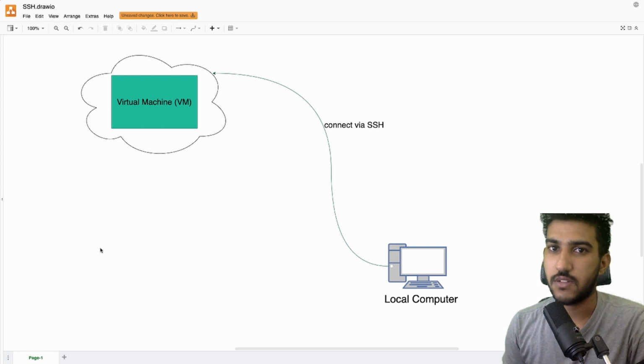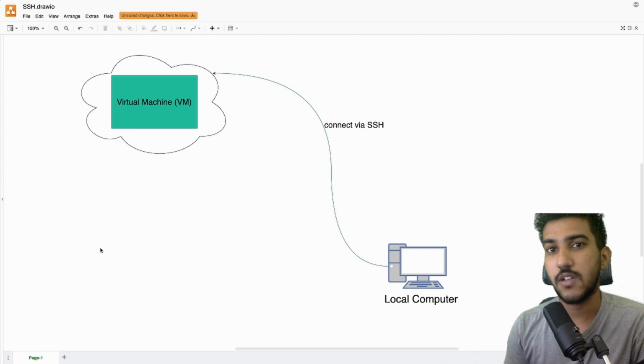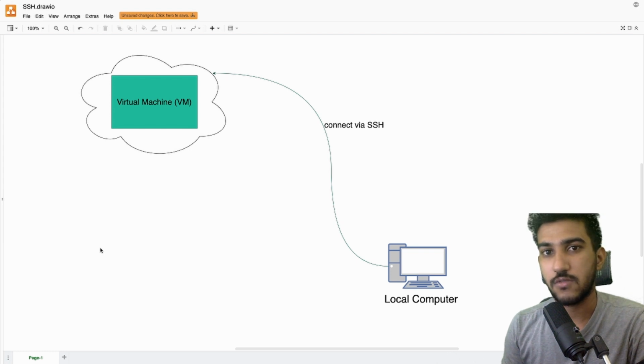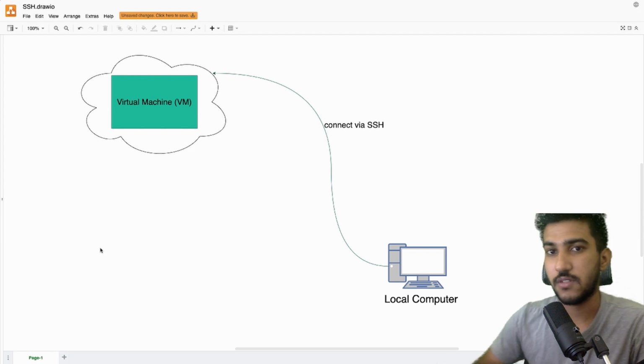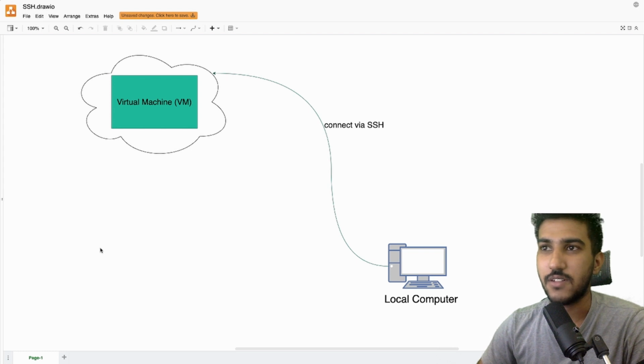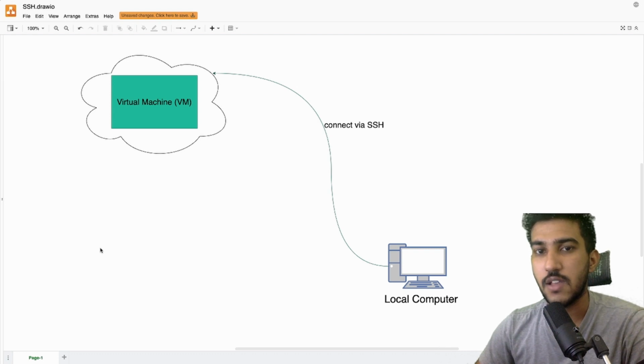It's exactly similar to your computer, which is right here, but it exists on the cloud. On the cloud means it does not literally exist on the cloud, but VMs are those computers which are hosted on the cloud, so that you can remotely access them and they can be served anywhere. You use SSH to log in to that remote computer, and then you make changes there, so that whatever changes you apply would be reflected all over the world.